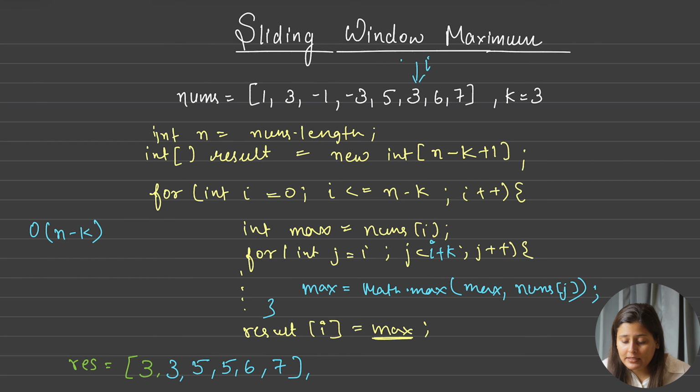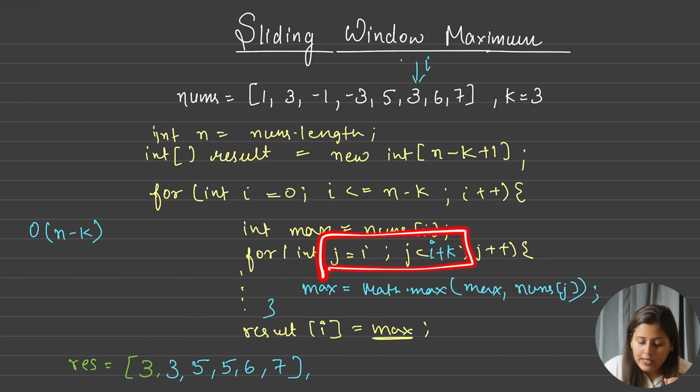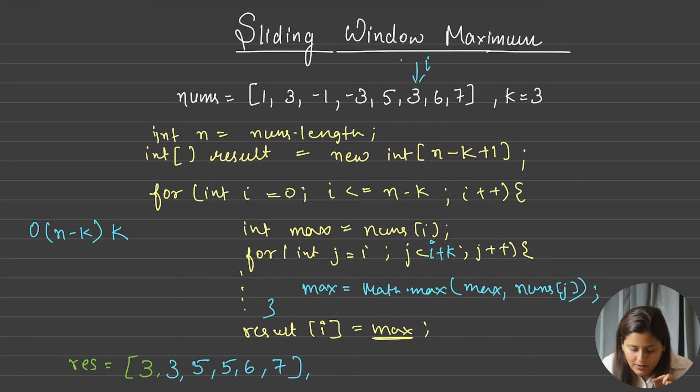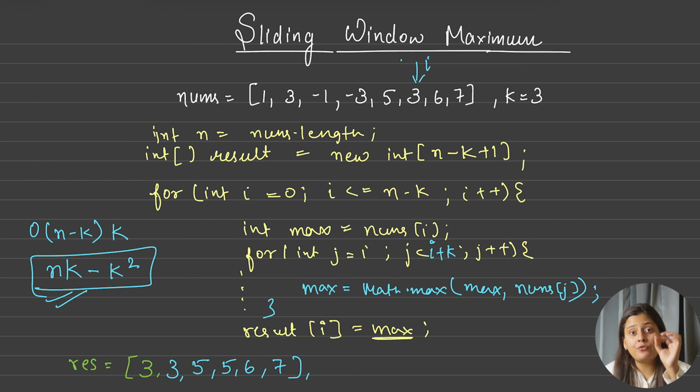So if you see the time complexity of this j loop, j is actually running for the k size window, here in this case 3, so we will multiply by k, so total time complexity will be n into k minus k square, correct? And we just saw the constraint for k, it can go till 10 power 5 also, correct? So let's suppose n is 10 power 5 and k is 10 power 4, correct? And if you multiply it, it will become 10 power 9, and we are subtracting 10 power 8, correct?